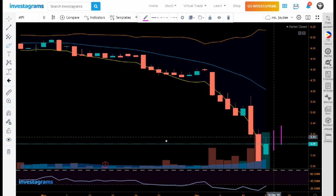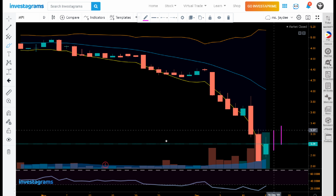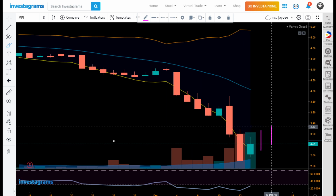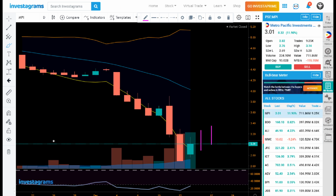Okay, so that's our sign when we have a candlestick that ends much higher than this red candlestick, then we now have a bounce. So just observe that, but definitely the volume of Thursday's performance is just the exact volume of last Friday's performance. So I'm thinking that in terms of sentiment, people feel that we are already at a very cheap level for MPI. Okay. The next one is